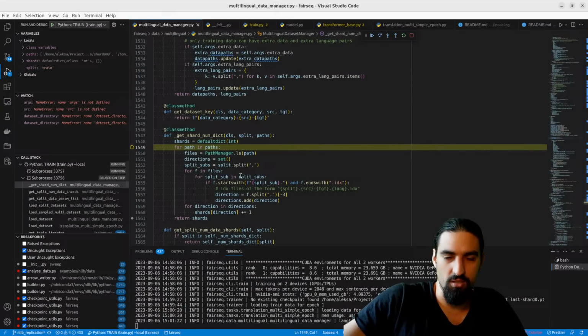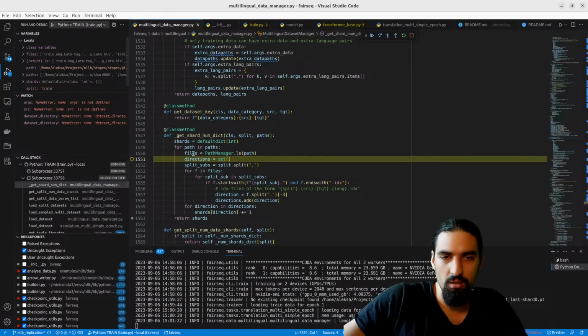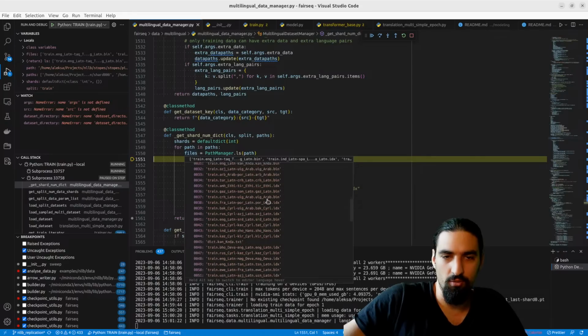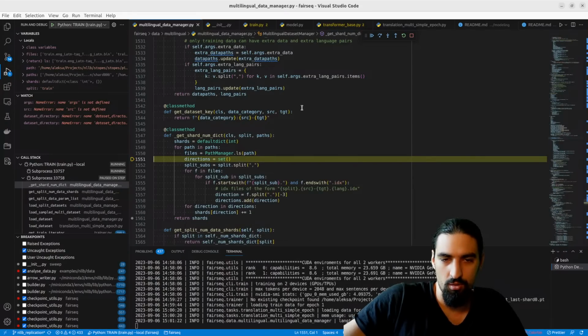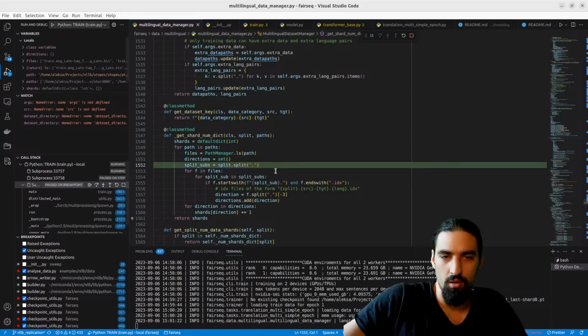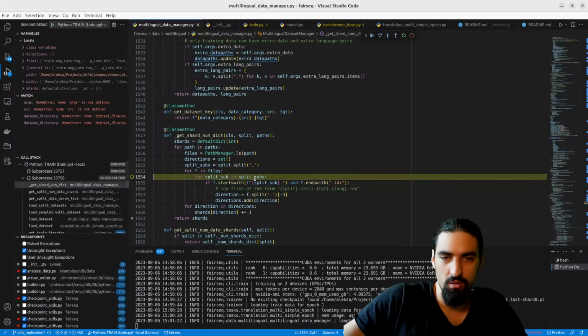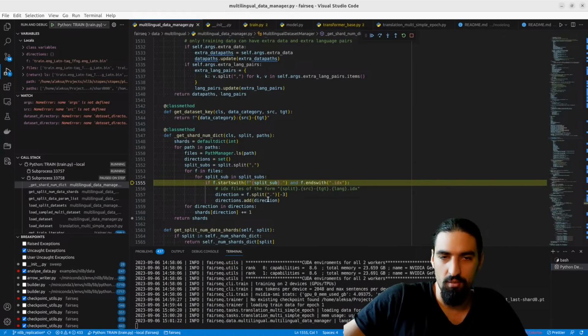Okay, let's see this. So files, we have a ton of files here, 1,000 something. And then we go through the files and we go through the split. If the file starts with train and ends with idx, in that case, we grab that direction and we add it there.